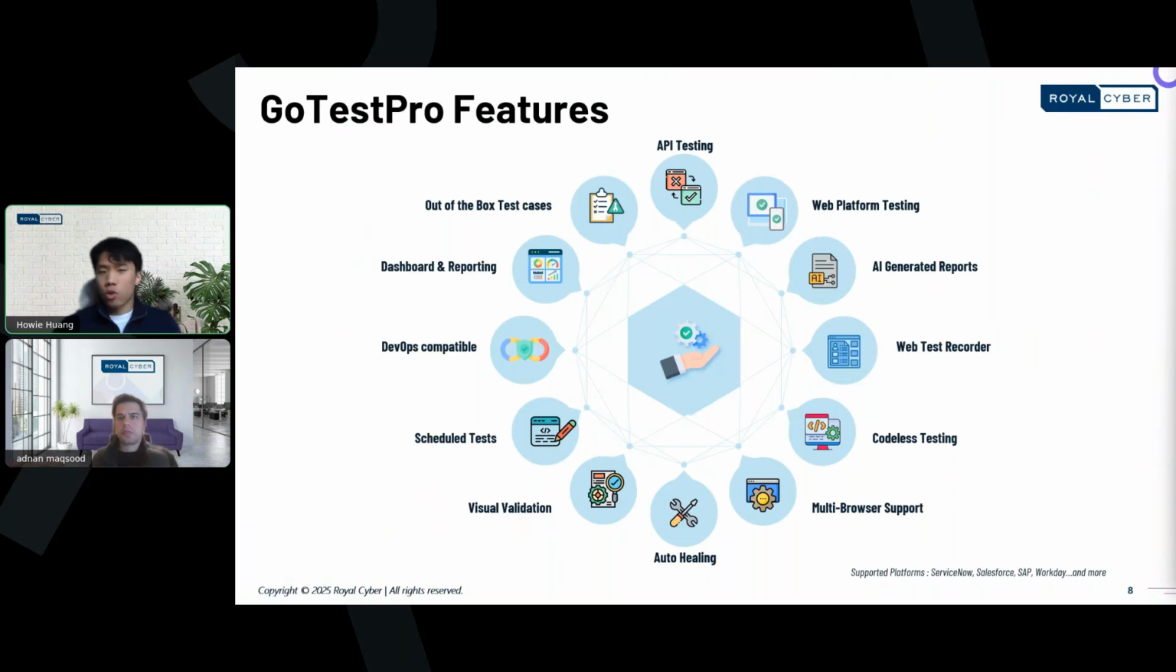In terms of coverage beyond UI, in addition to UI workflows, GoTest Pro also supports API testing, which is often required when validating Oracle integrations and downstream systems. We also support web platform testing, allowing teams to validate both Oracle applications and related enterprise web workflows within the same platform. And finally, GoTest Pro includes